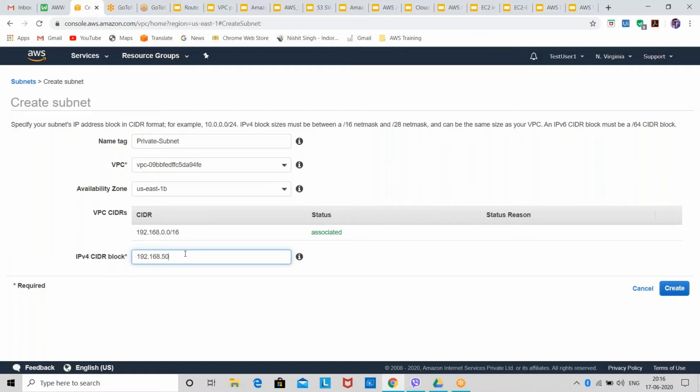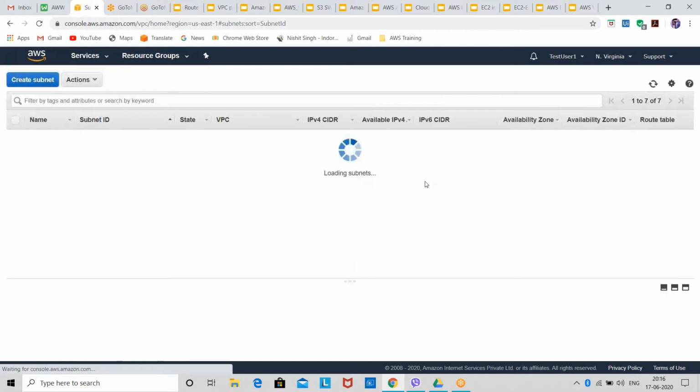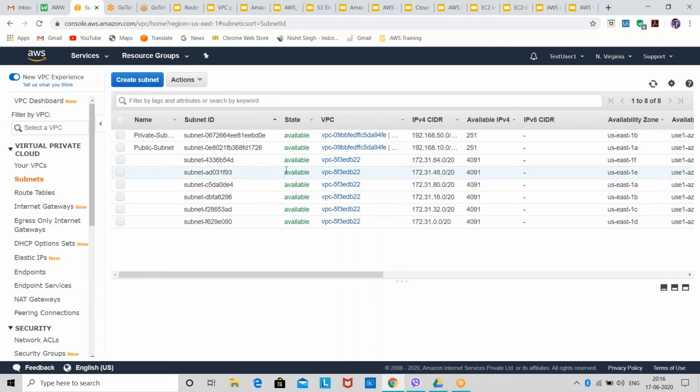I'll give 192.168.50.0/24, so 10 to 50 for public, then 50 onwards for private. Then click on create. You can create multiple public subnets also, if you want two or three.